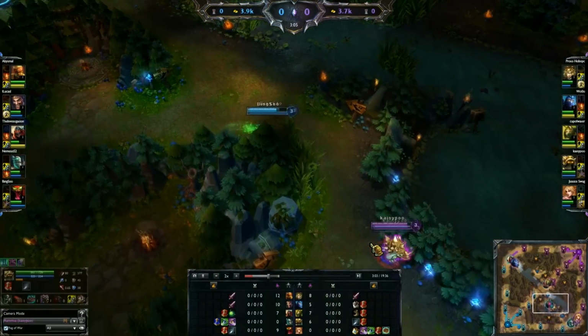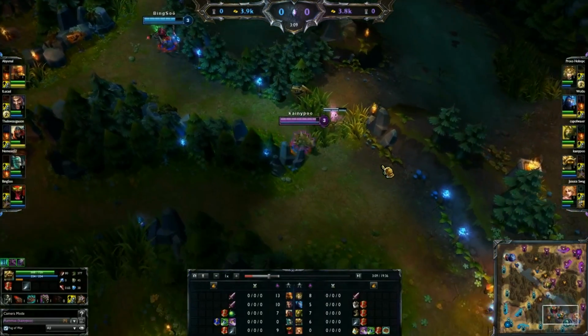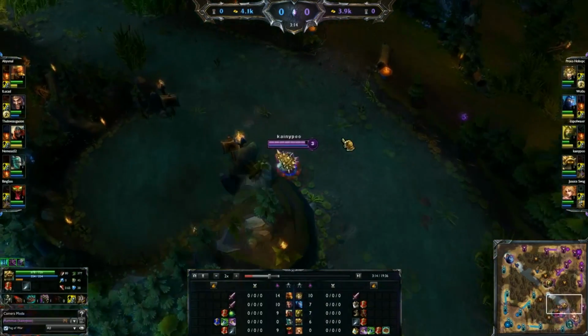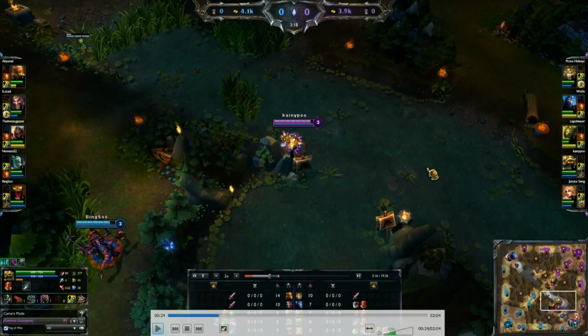I see Cho'Gath there. I didn't know if he saw me or not, so I figured, screw it, I'm just going to go anyway. But they have really good ward coverage, and they see me coming. So here I have faster move speed than Cho'Gath, so I'm going to get to mid before he does. Cho'Gath's doing a really good job of mirroring my movement here, but ultimately it's just not going to be enough,